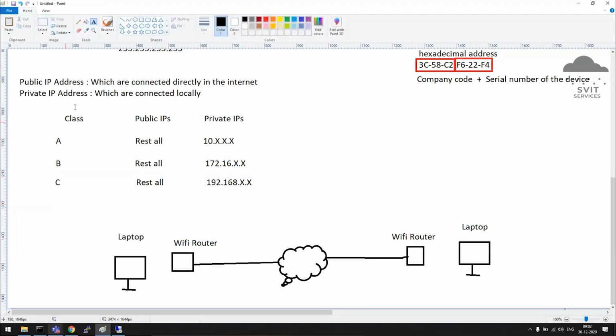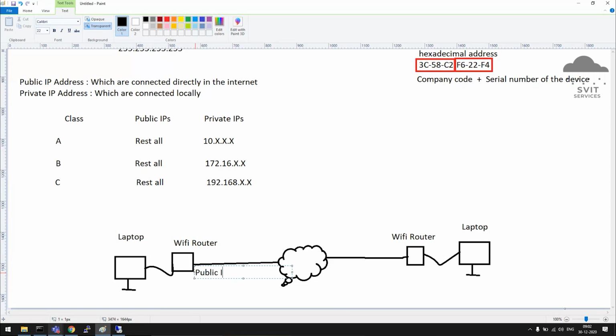You connect to Wi-Fi. From the Wi-Fi router, your laptop is connected in such a way. Now, once you connect your laptop to the Wi-Fi router, here it has a public IP.